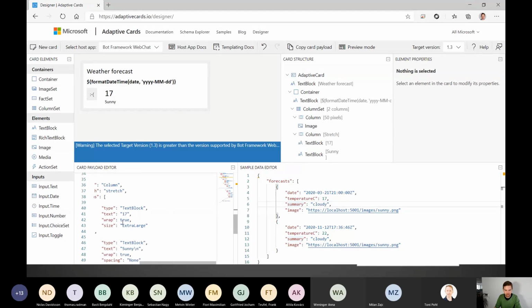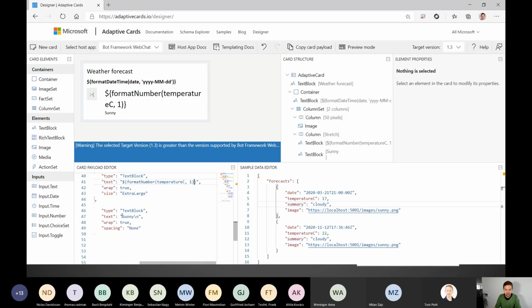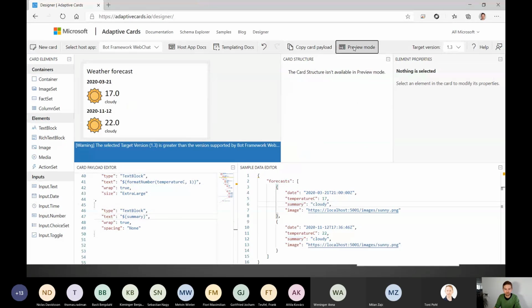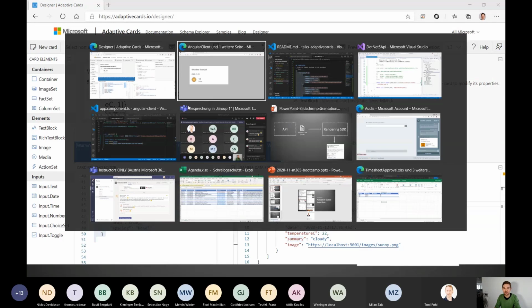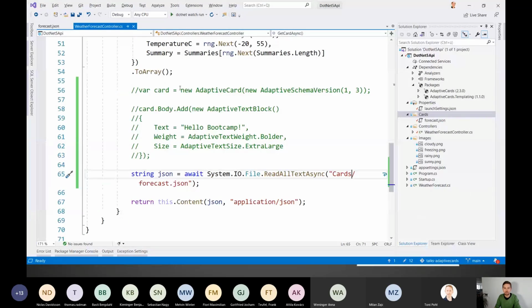Let's bind the decrease the temperature to temperature C, and I can use another function here. It's called format number, and you can format the numbers with that. And then we have the sunny text, and we change it to a data binding to the summary property. All right, preview mode looks good, and now we have an adaptive card that just contains the design, but has